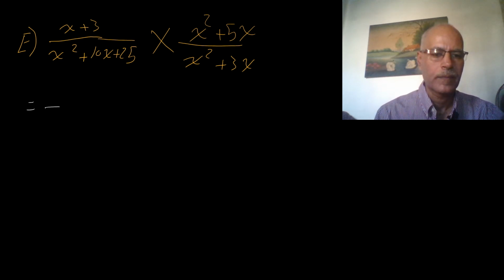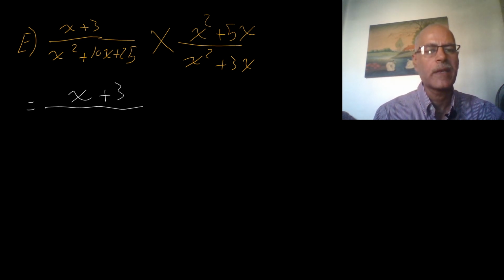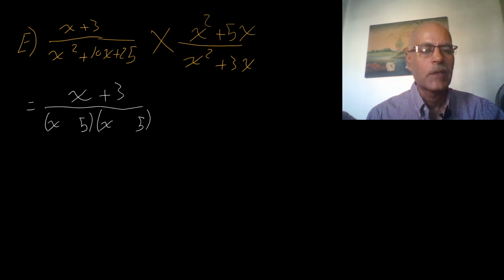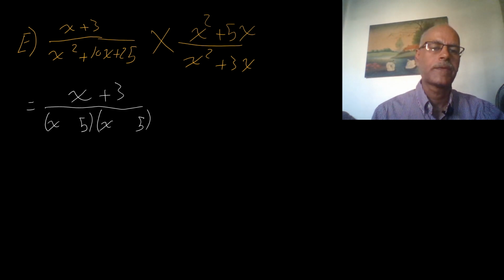It's equal to x plus 3 over x power 2 plus 10x plus 25. Let's open two brackets, x and x. 25 is 5 and 5. The sign of the last one is positive, so the two signs of the brackets are alike, and alike as the middle one. It will be positive and positive. Times